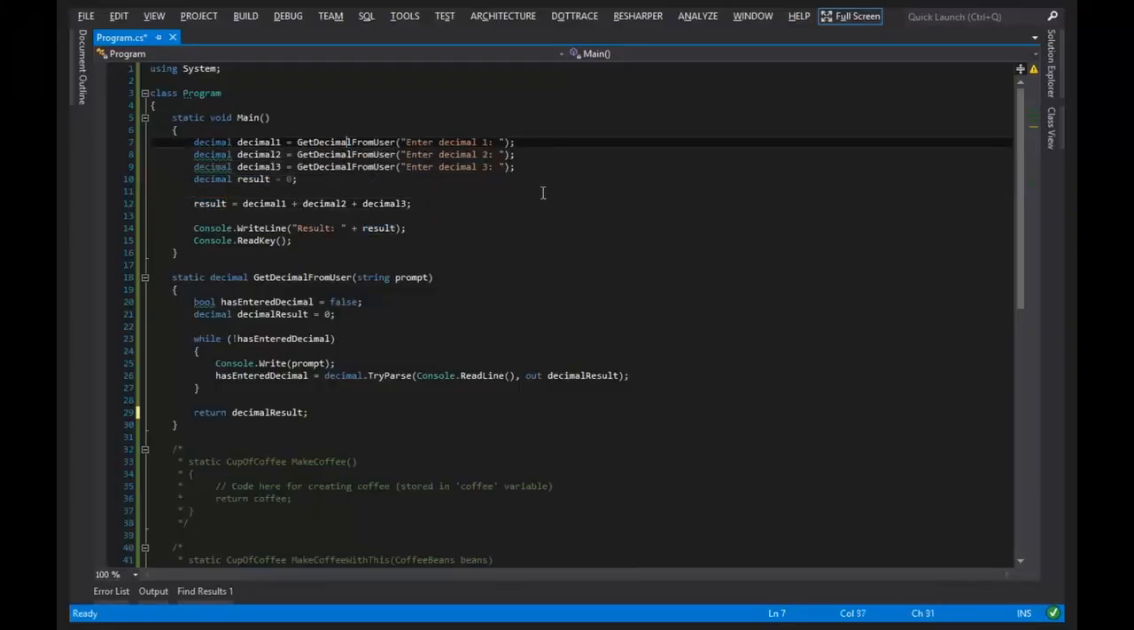So the getDecimal from user method, when we invoke it, will cause execution to jump from line 7 to 20. And again, that's something that is going to be a very difficult concept to grasp at first. But the most important thing to realize is that when we invoke it, and an invocation is characterized as a